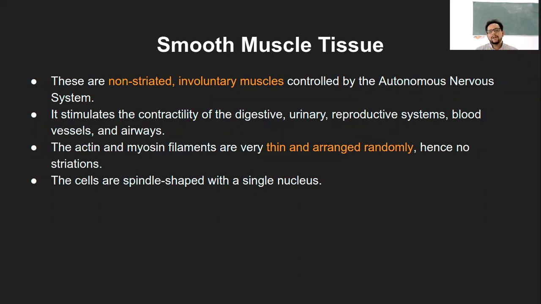So for example, you are running, that means your legs will need more blood supply. So the blood vessels in the leg area will expand a bit so that they can carry more blood, right? And once they don't need more blood supply, they will come back to their original diameter. So that way, this contraction and relaxation of the blood vessels helps.